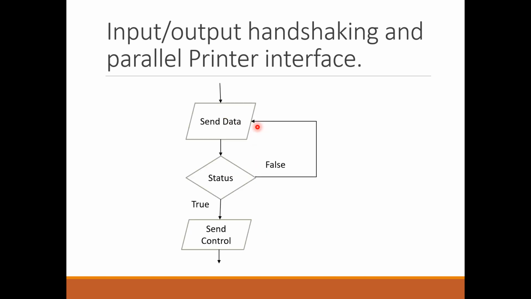Look at this flowchart. At first, before the data is going to be sent to the printer, what happens? It checks the status. If the status of the printer is not ready, what happens? It comes back again. It keeps sending the same data until the printer is ready. So whenever it's ready, through the control signal, the data is going to be transferred to the